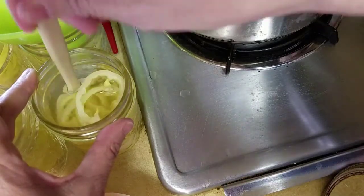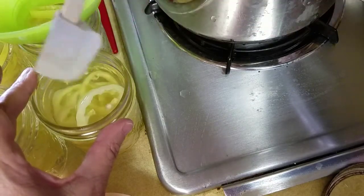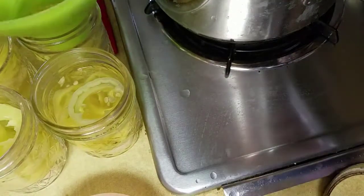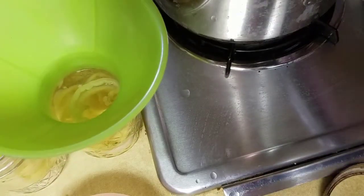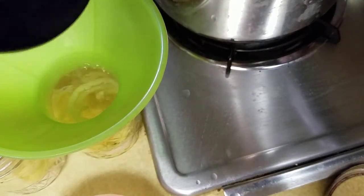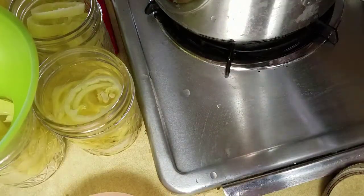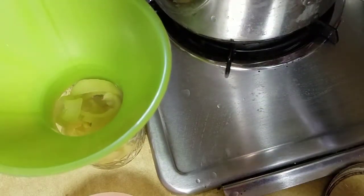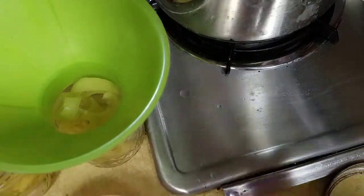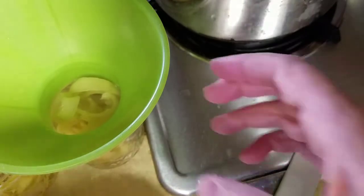And you can see that the brine went down a little, so I need to add just a little bit to that. Not much though. That's probably going to be good. Yep. All right, and so I'm going to continue this process with all 7 jars. Kind of be where I can have it in camera view for you. And actually, let me go ahead and finish 1 jar at a time,